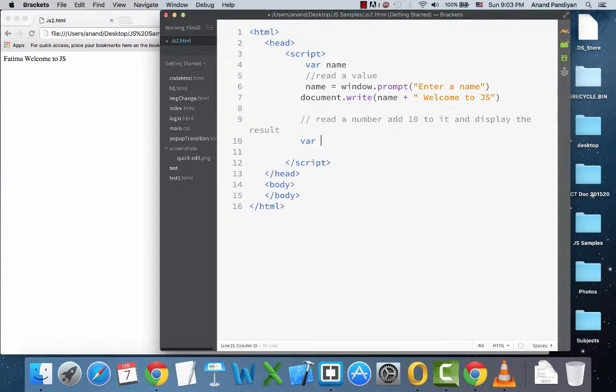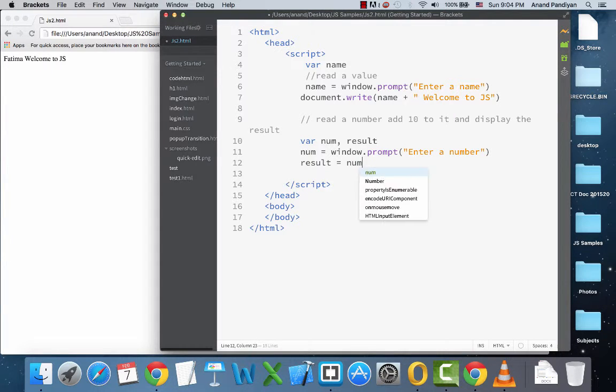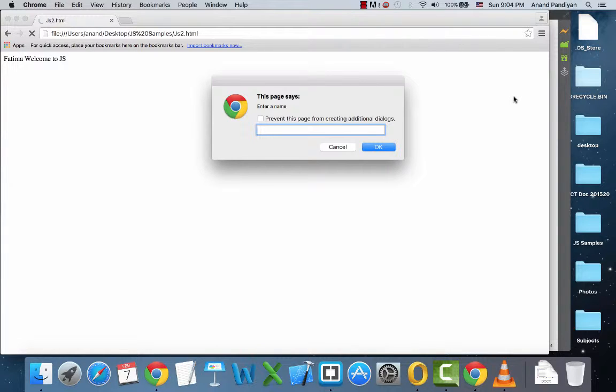So I'm going to create a variable number and another variable result, and for the number I'm going to ask the user to enter the value, and the result will be equal to number plus 10, and I'm going to display the result in my document. So enter number, I give 10,